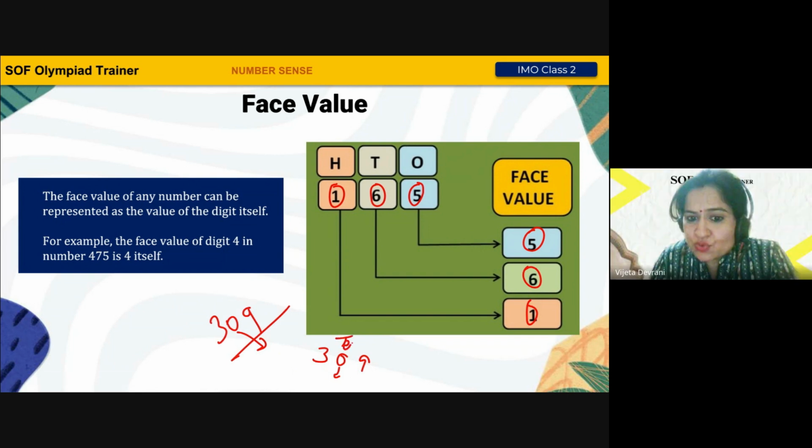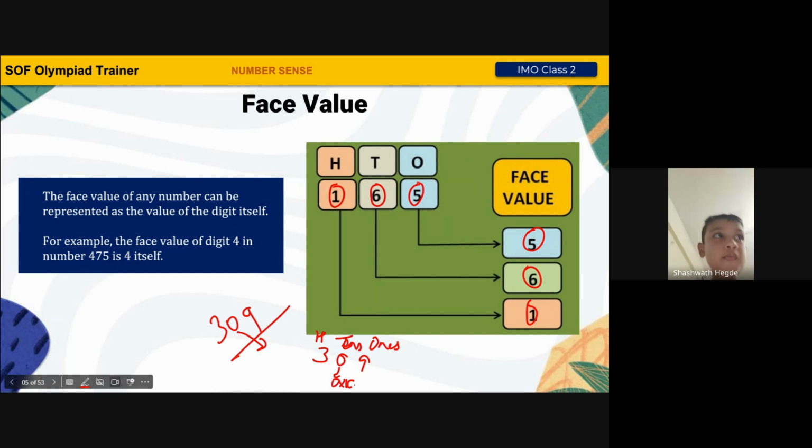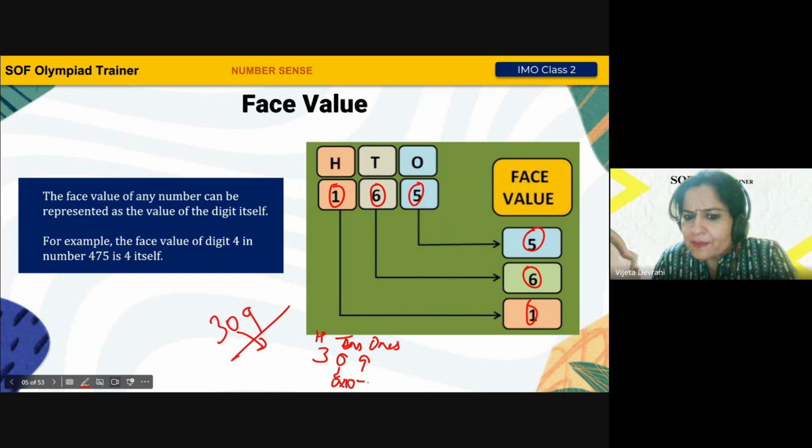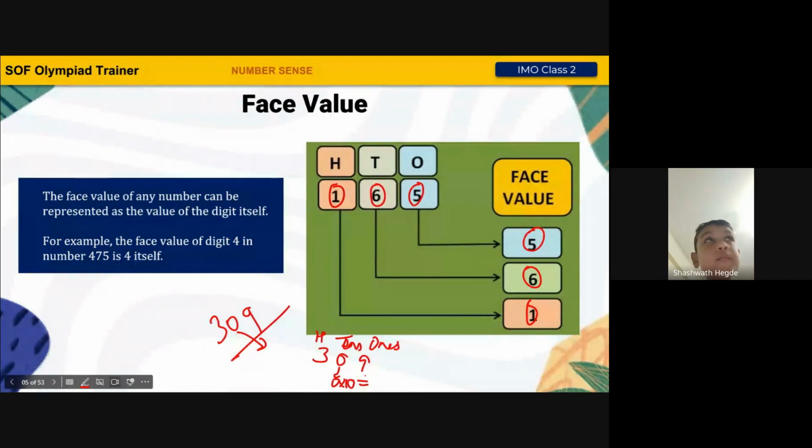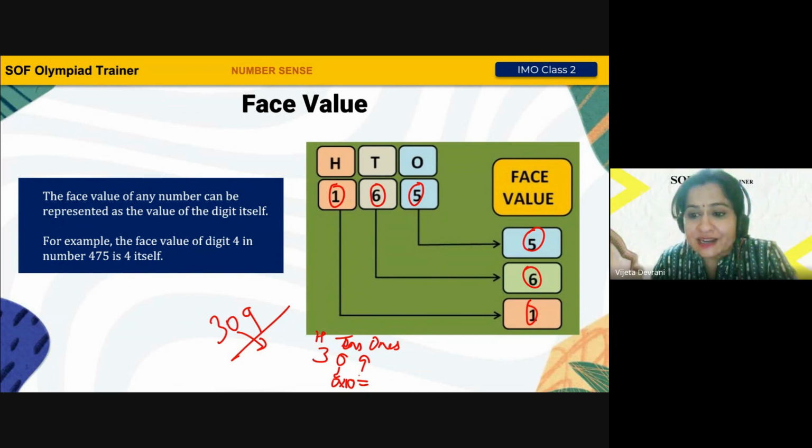So Athav, I just told you tens is the place. And ones is the place for 9. Similarly, hundreds is the place for 3. But I asked you place value. So when we say place value, what do we do? We take the digit, and we multiply it with that place, and the place is 10. Now you tell me, Athav, 0 multiplied by 10 is how much? 0. Very good. So that means the place value of 0 is 0.